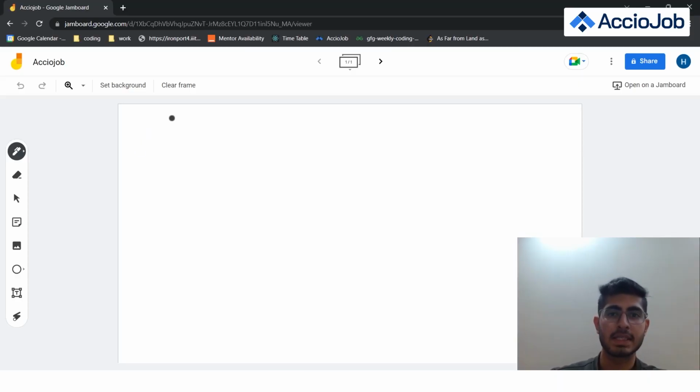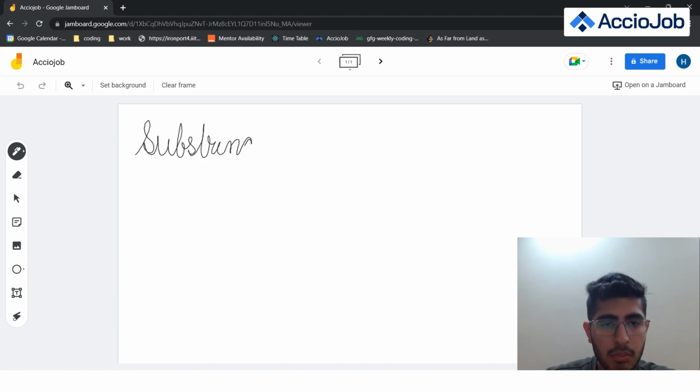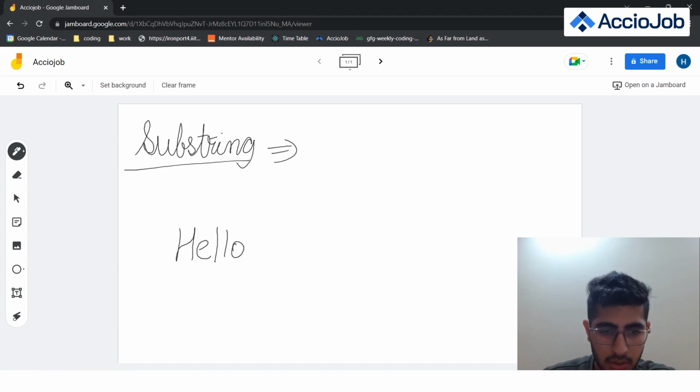Okay, now let's start with the next part of string functions. The first one is substring. Now, most of the programmers might be familiar with this word. So if you are not familiar with this word, I'll tell you in brief. Say we have a string hello world. Now, what is a substring? Substring is a part of a string,